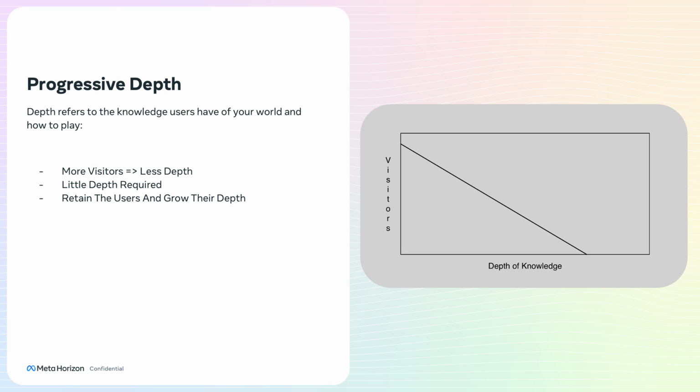The second you add a second visitor, you can share a lot of knowledge with them, but you can't give them everything. You can do your best, but it's going to be slightly less. And as you grow your users to the point where Meta is pushing this out to the world and everybody's seeing it and jumping in, I mean, you can advertise your own world yourself too. It doesn't have to be by Meta. But if your world's getting advertised and tons of new users are showing up, suddenly there's no depth of knowledge. Nobody knows anything about your game. They're showing up with no knowledge whatsoever, and they've still got to have a good experience.